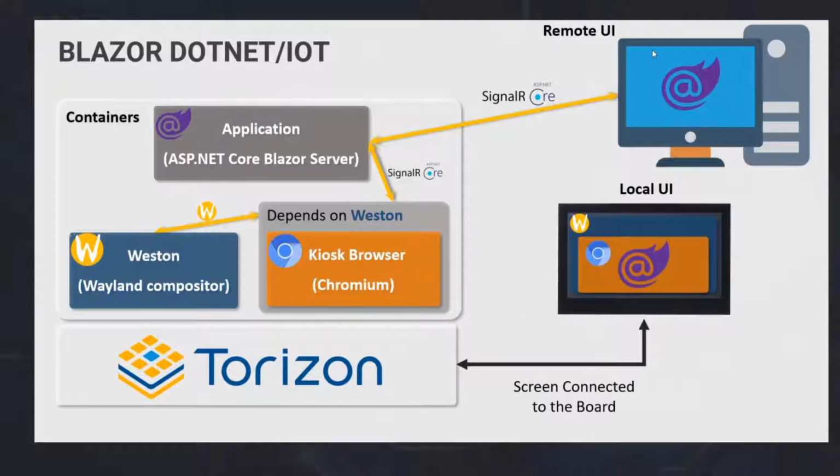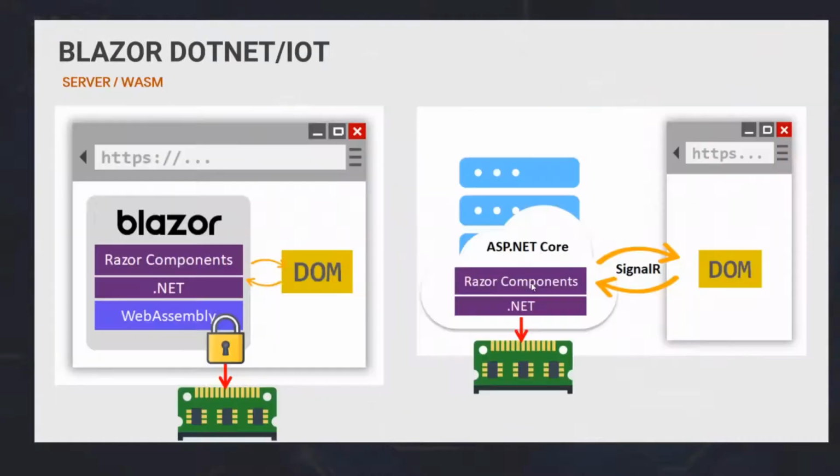and also I can connect to it in a remote UI if I open a browser and type the IP address of the device. I can access the same thing that I'm seeing on the local UI. I can see it on the remote UI. I can exemplify this after. Another thing that I also have to show is this, because for Blazor today we have